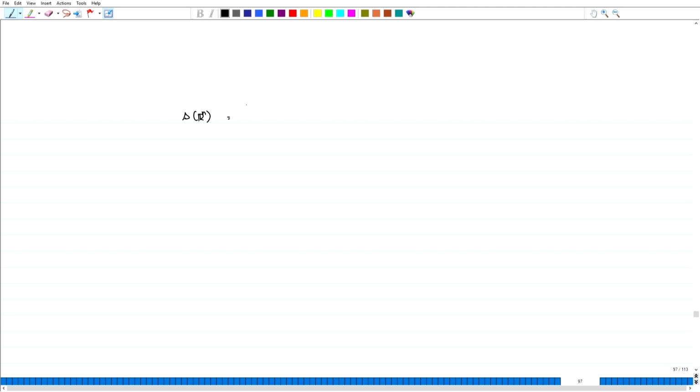This is all f which are infinitely differentiable, and then I look at the polynomial x to the power alpha. Recall that x is equal to x1 to xn, where all these xi belong to R,